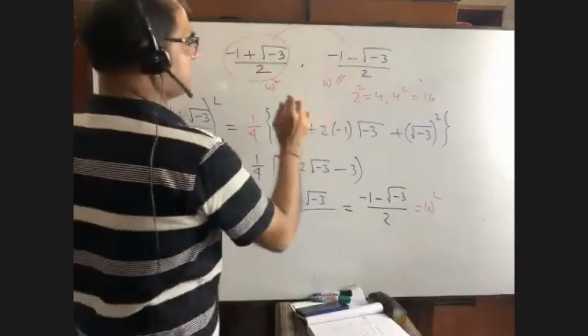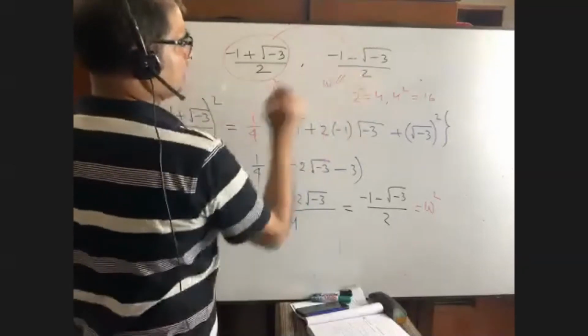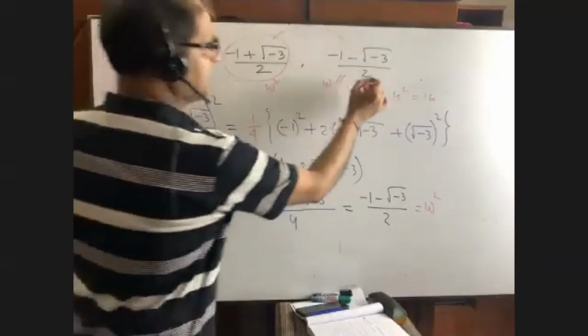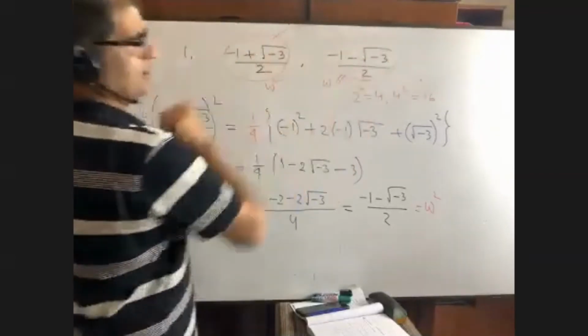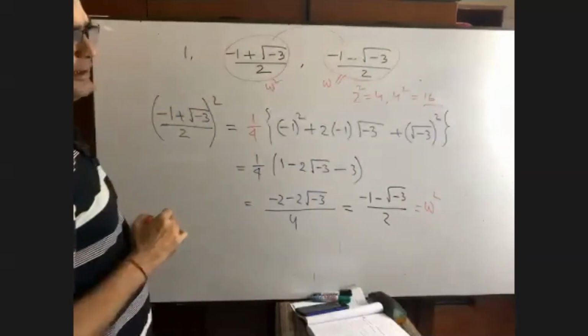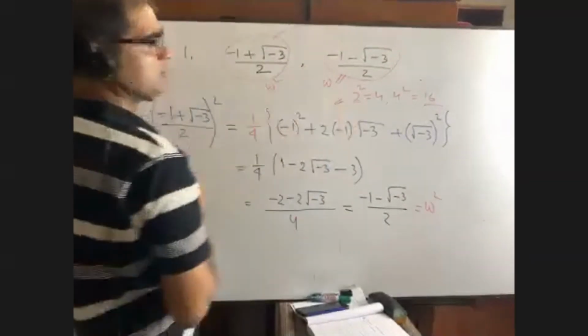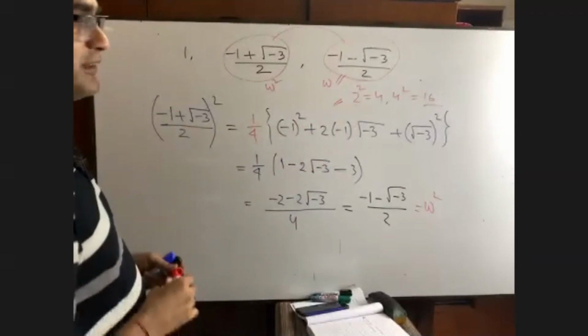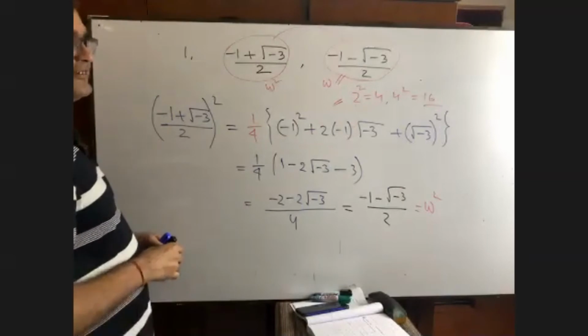Now, that is this. It is 2, it is 4, suppose. The square of 2 is equal to 4. Now, if I get its square, it should be 16, right? Is it possible to become 2? No, sir. Now I will make it possible. It is the most interesting part.